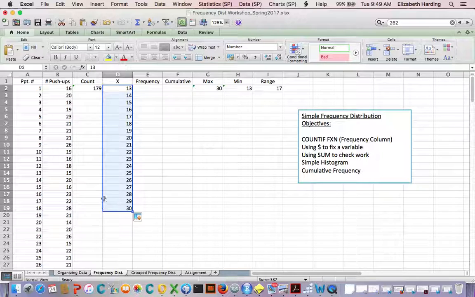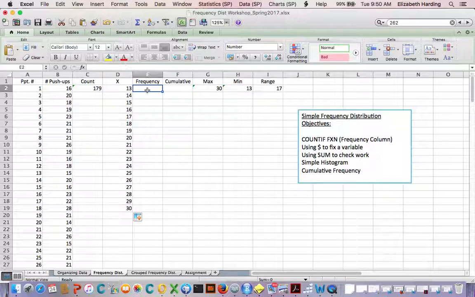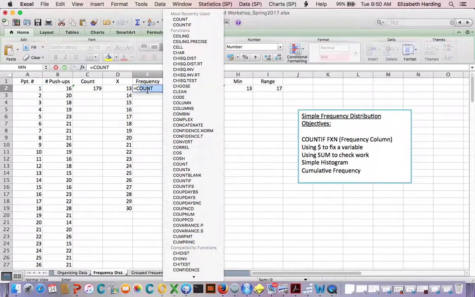All right, so now I want to know how many participants scored 13 push-ups, how many participants scored 21 push-ups. So I'm going to use the COUNTIF function. So this is different than the count function. So the formula, you're going to enter COUNTIF